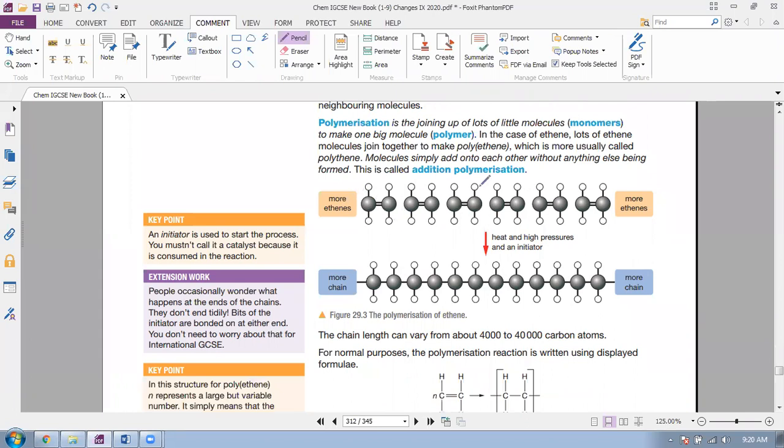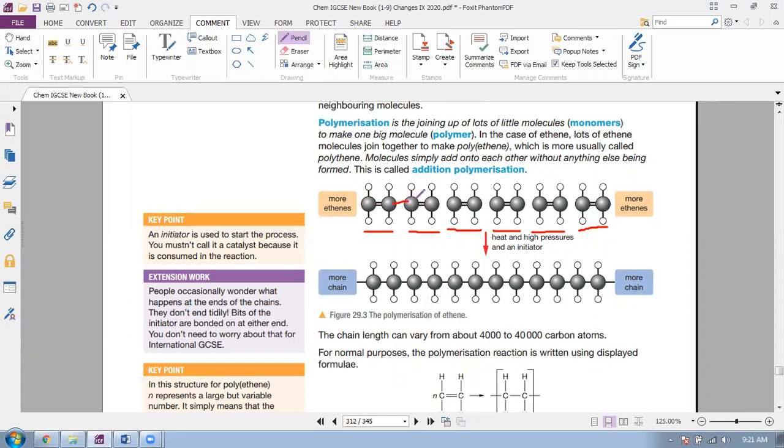Look at this. These are all ethene molecules. This is one ethene molecule. This is another ethene molecule. There is no connection between them. And there is a double bond in each ethene molecule. So due to heat and high pressure, high temperature and pressure, this double bond breaks